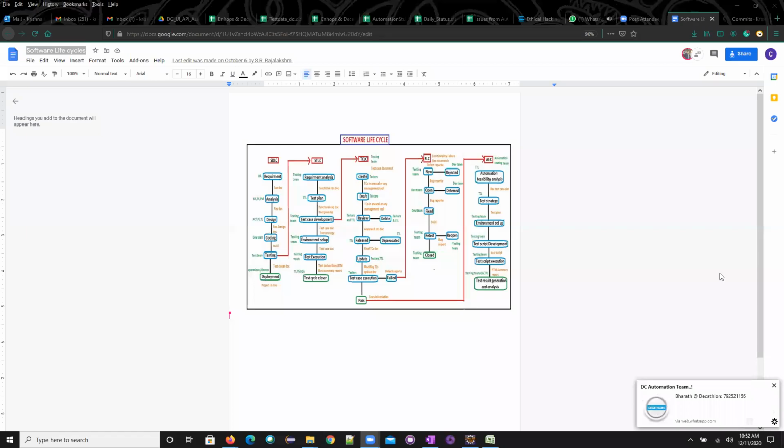First pointer here is we wanted to understand what is a test case. So now if you understand what is a test case, then we can understand the life cycle of a test case. And if you understand the life cycle of the test case, then we can understand the bug life cycle. So this is what we are going to discuss for the next 38 minutes. Okay. Now, what do you mean by a test case?